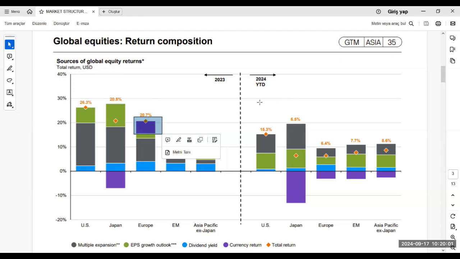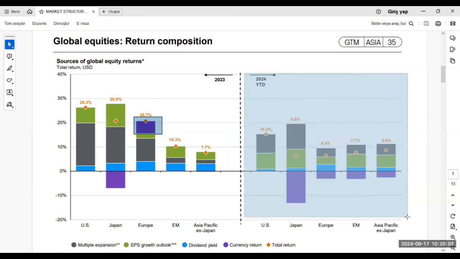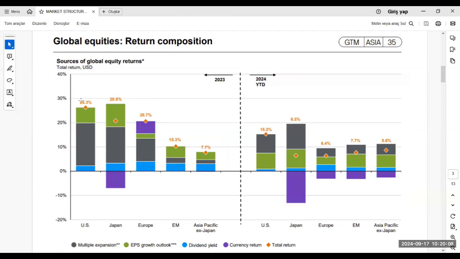And if you look at what is happening in 2024, the picture is changing. First, instead of around 20% total return, we have just 15 or 10%. Total return is decreasing all around the world, not just in the APAC region, not just in the United States, all around the world. The currency contribution started decreasing because of those types of valuation. And secondly,